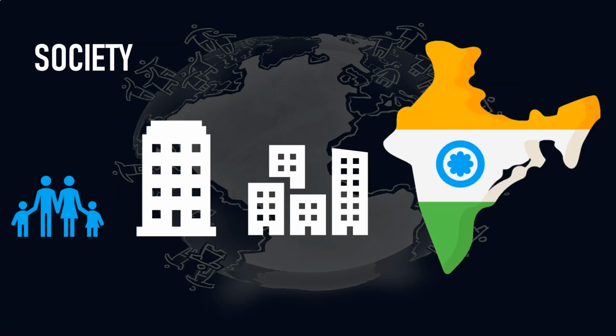Societies can vary from micro to macro. Essentially, the micro society is the family that we live together with, and the macro society, or the larger society, is the entire country as a whole. Even the entire world as a whole can be considered a society, because we have some common practices, some common traditions, some socially acceptable gestures and notions that perceive us to all be in the same society.